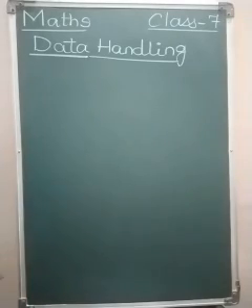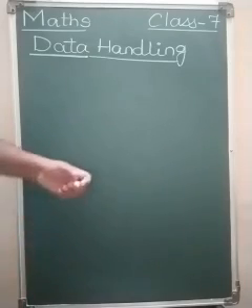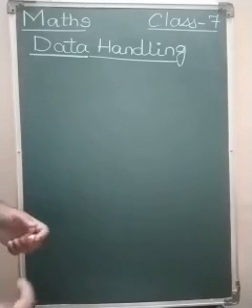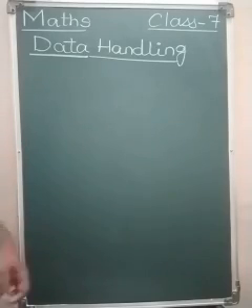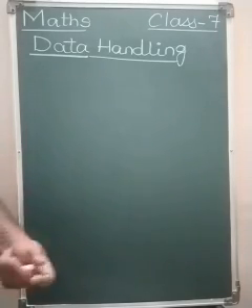Data can be of any form. Suppose monsoon season is going on, and every day you note how many millimeters of rainfall there is, this can also be data. The data can be related to our class also. For example, in our class suppose 50 students are there, and the height of each and every student is data related to a group of students. Every year you would have this unit, data handling, but you are going to learn more and more advanced things.